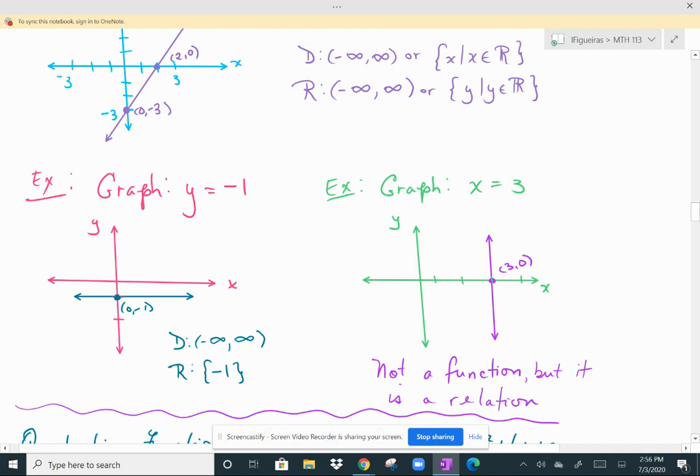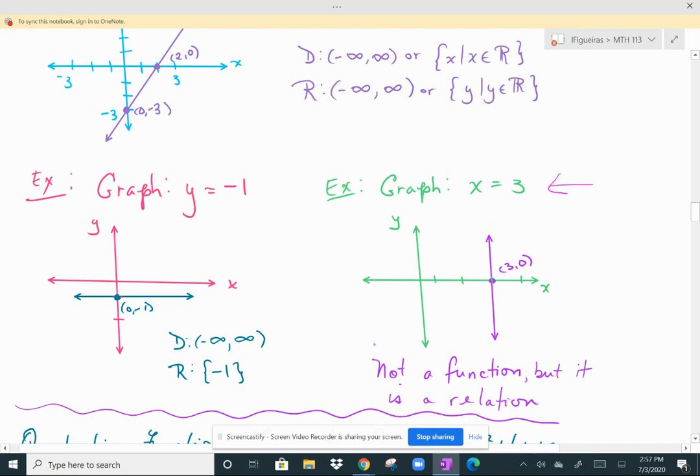In contrast, here I have x equal to 3. X equal to 3 is a vertical line. And in order to plot that, you see I have my x and y axes in green. I've gone over 3 units and sketched this vertical line in purple. So I have a line going up and down. So this time